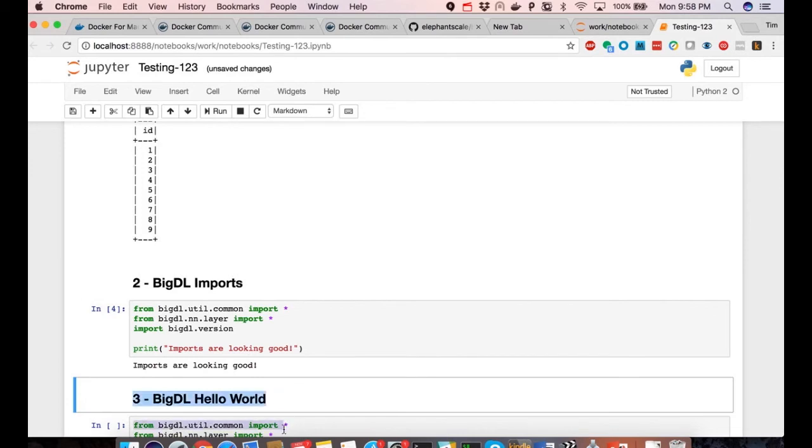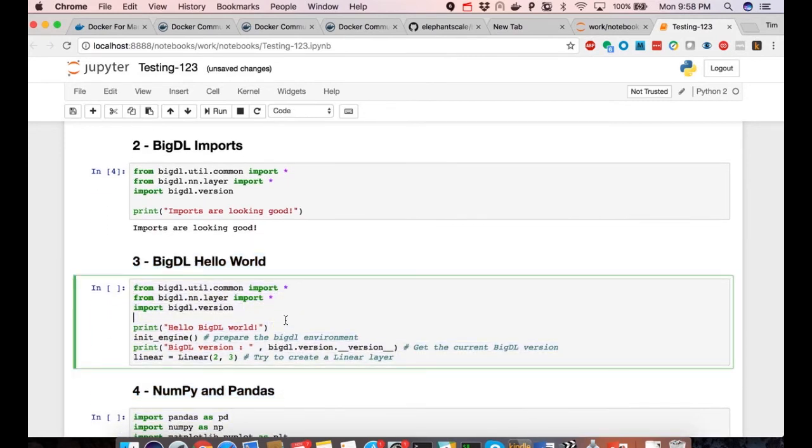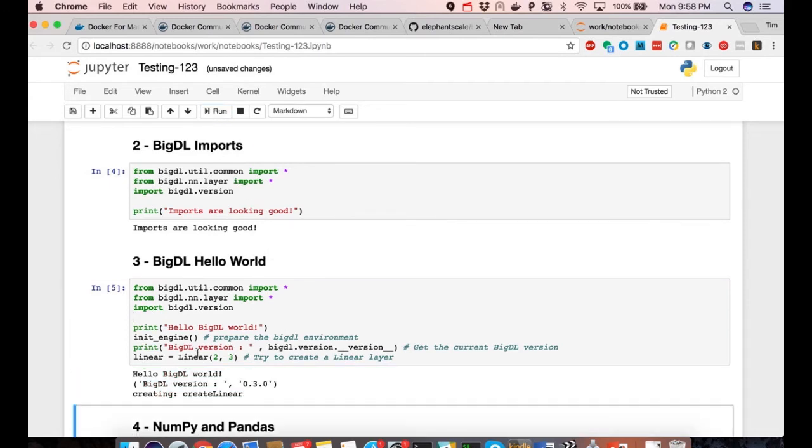I'm going to then do a hello world of BigDL, where I'm going to instantiate a simple layer of neural network. And notice that it seems to be working properly. It created my layer, and so all is looking good. And so now I can be confident that my notebooks using BigDL will be successful. And I can move on to one of the other examples from the notebooks. And if you'd like to see that, please follow me on the next video because I'll be doing that there.